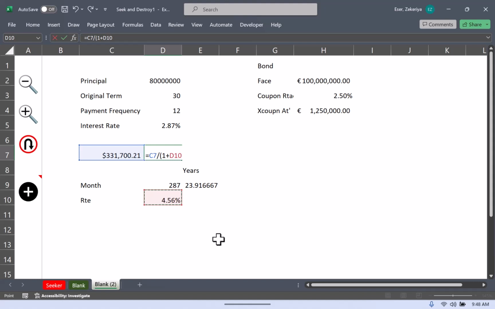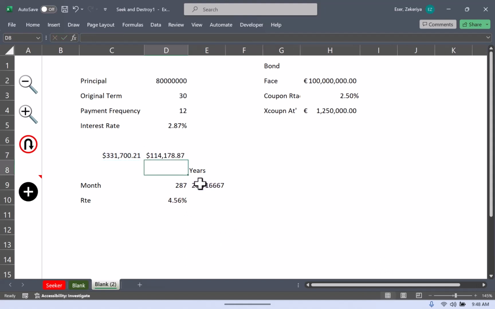And raise that to the power number of years. But if you had a table like this, and you will, 287